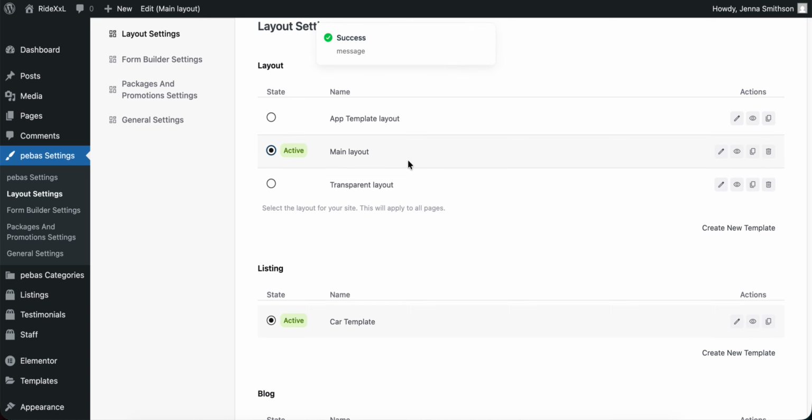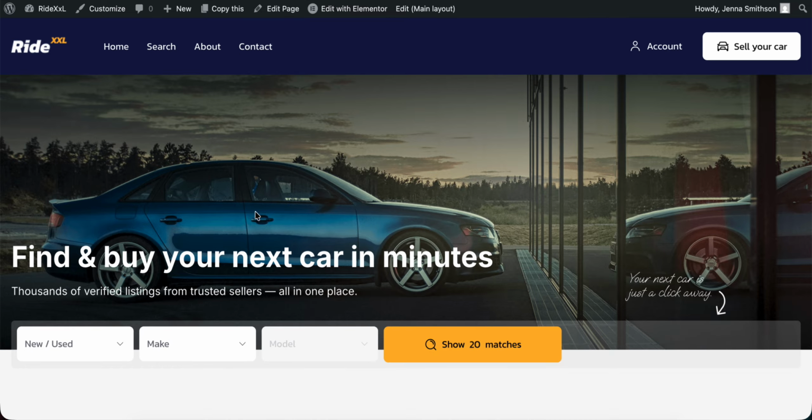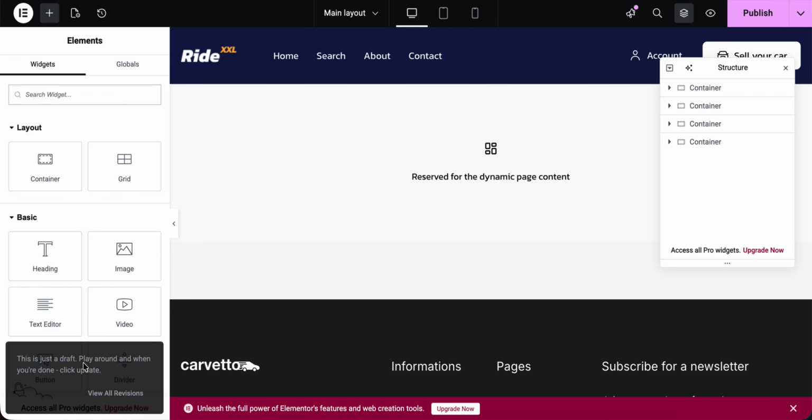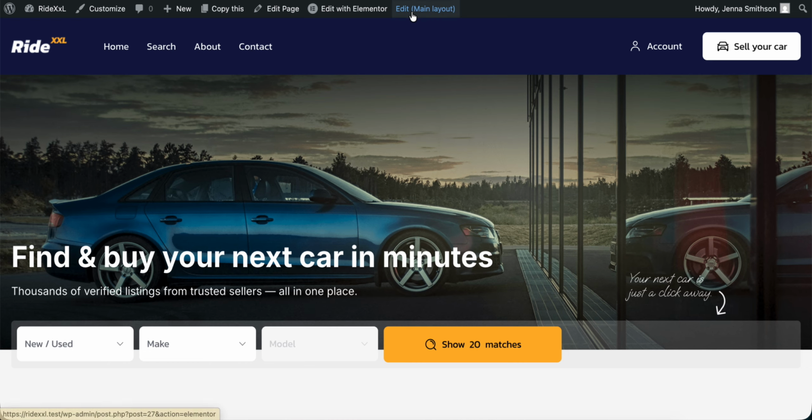So if we bring this back to the active and refresh, that one will show up. You can also always edit the current layout by clicking here or by clicking here. So I just clicked control and click, so it opened in a new window,